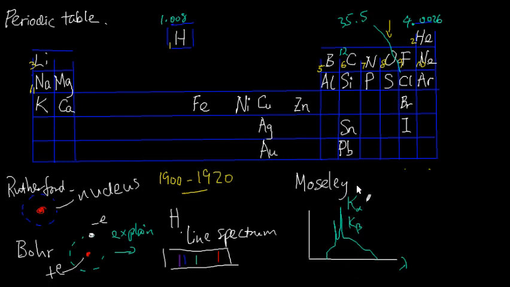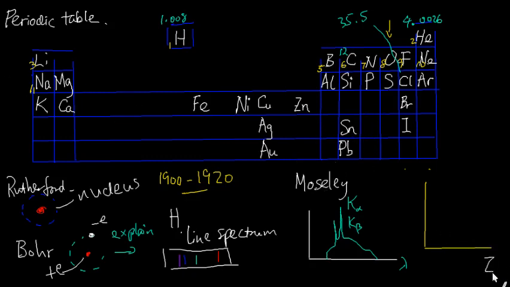What Moseley found was that the energy of, say, one of these lines, say the K alpha line, if we plot the energy against the atomic number,